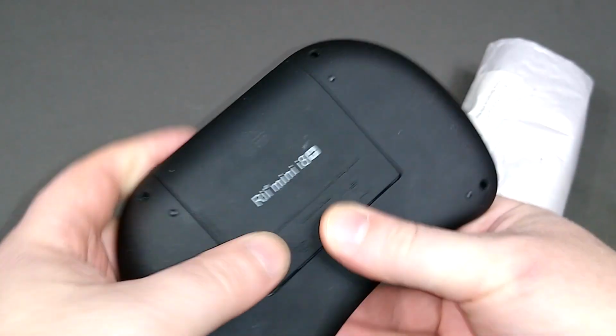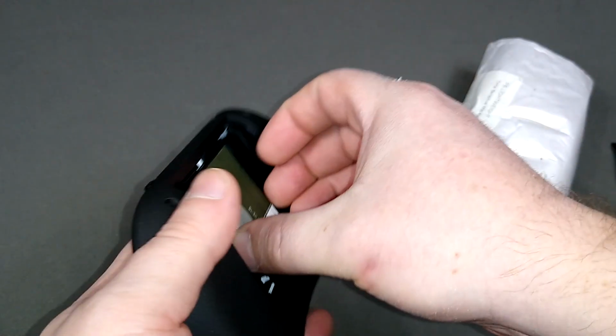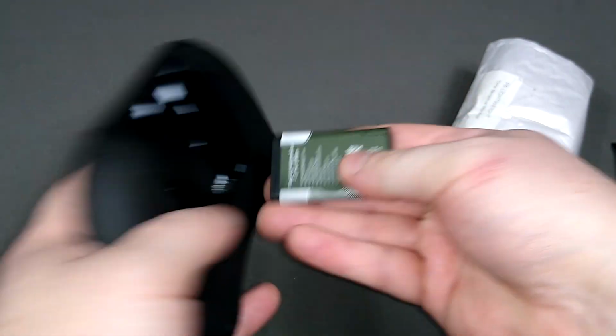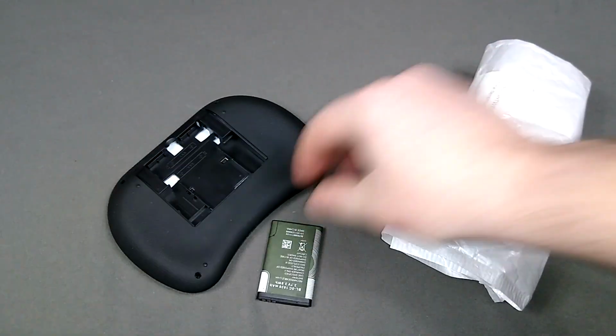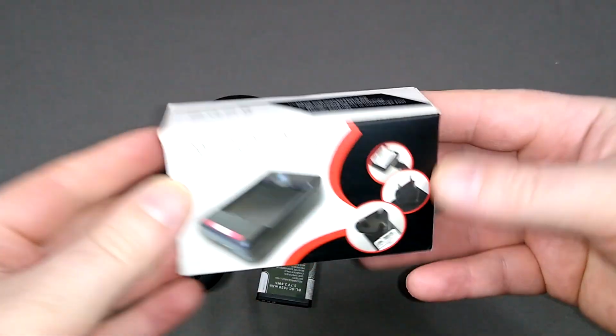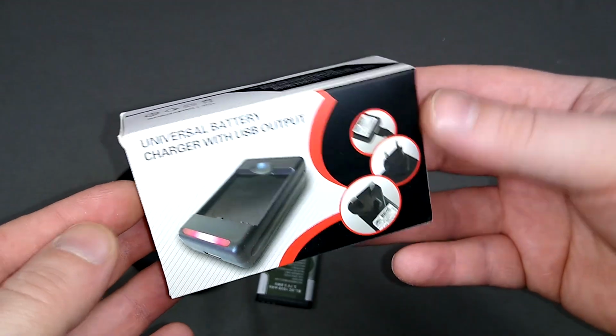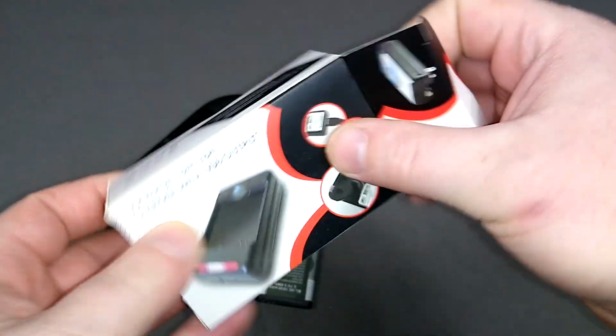The thing about it is when the battery goes dead, you have to put it on charge, and a lot of times you have a small cord and it's just really inconvenient. So what I've done now is I've actually ordered a battery charger. If you look at this, universal battery charger. Now these are used with Nokia phones, but this charger,